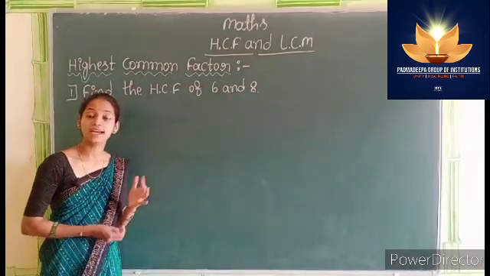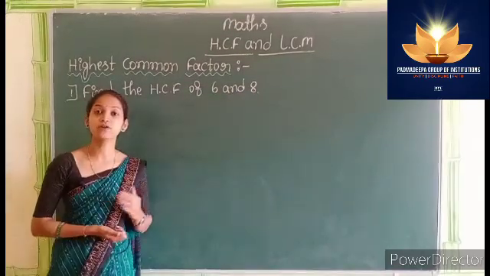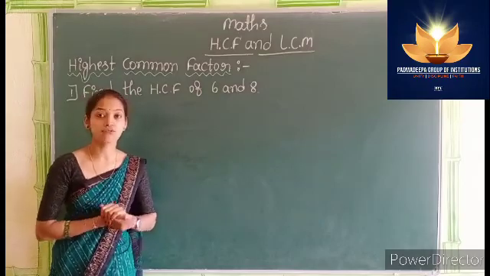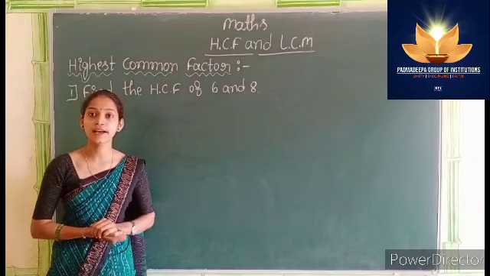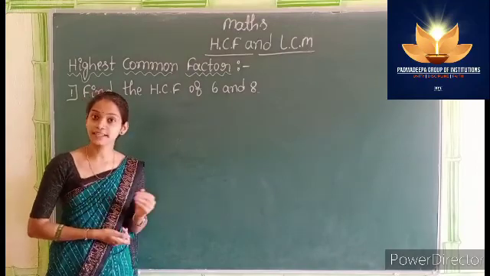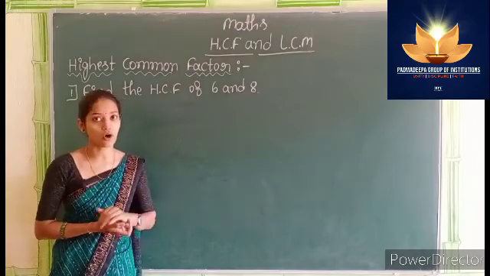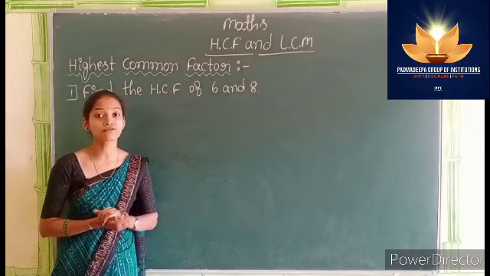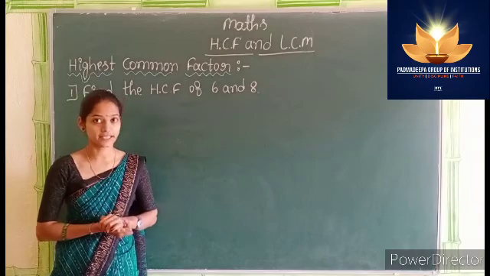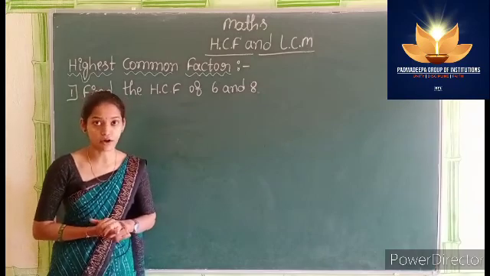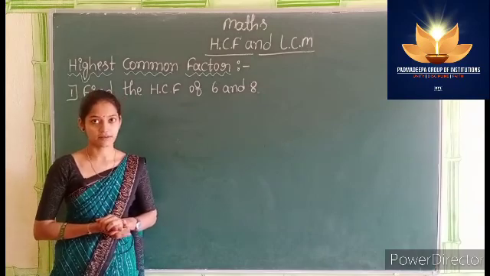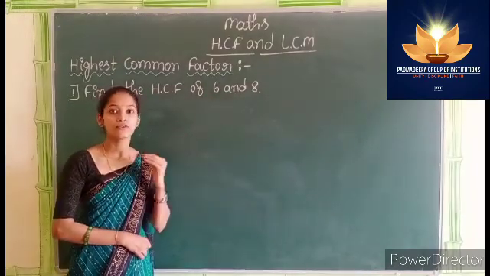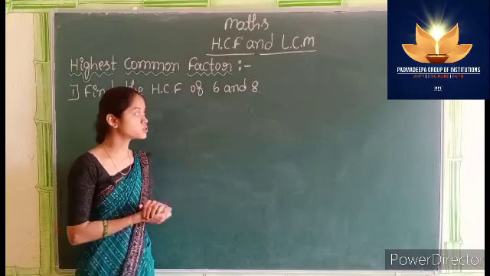To find the highest common factor, we have to follow 3 steps. One is to find the factors of the given numbers, and second is to identify the common factors of the given numbers. Step 3 is that the largest of the common factors is the highest common factor of the given numbers. So to find the HCF of 6 and 8, first we have to find the factors of